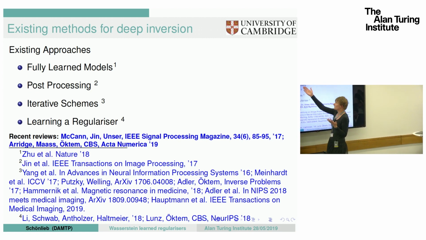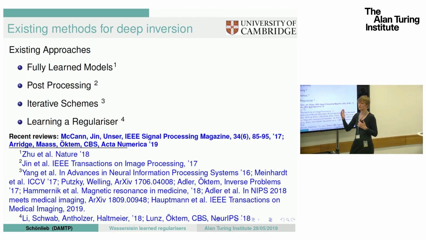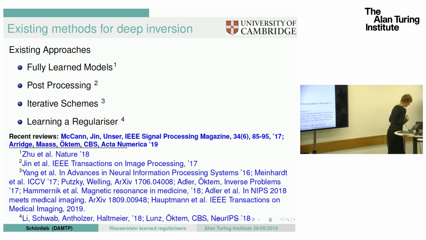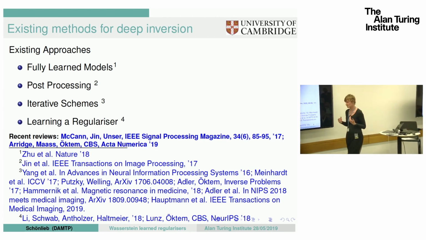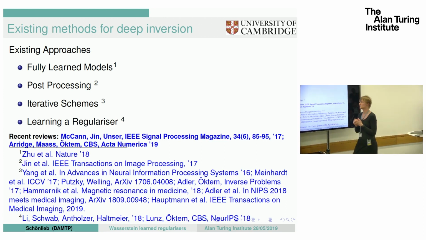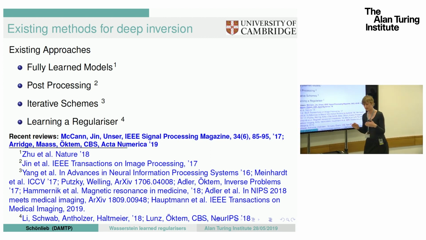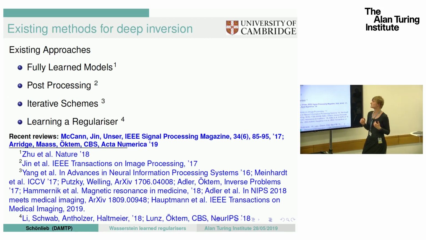Because if you think about it, they didn't just need to learn how to regularize, but they also needed to learn what to invert, because they didn't even use the knowledge that there might be some type of Radon transform involved in the process. So then the other idea was, from the starting point that doing this might be unfeasible in certain situations, why not first kill the problem of being in a different space and do a first kind of simple inversion